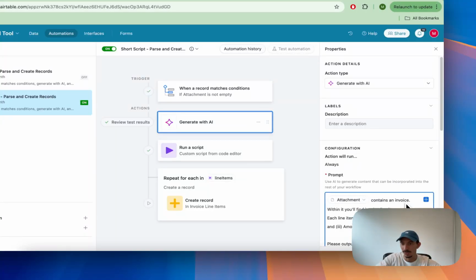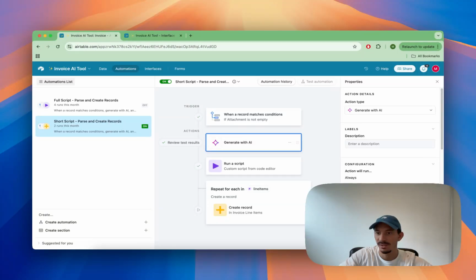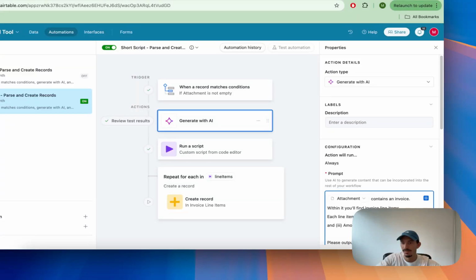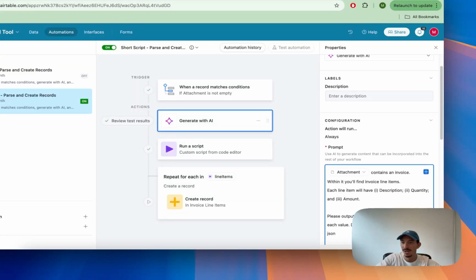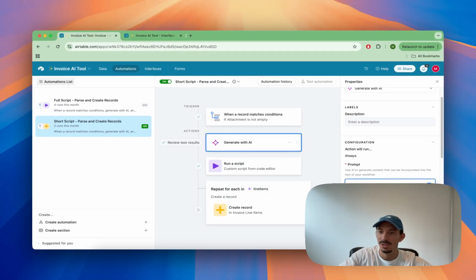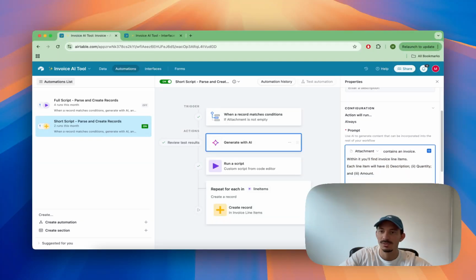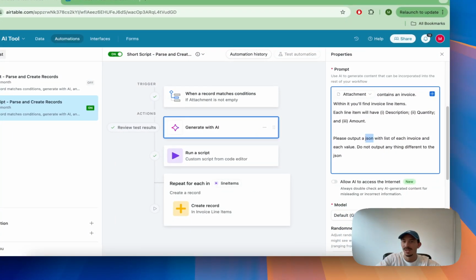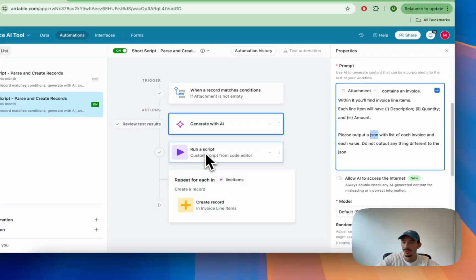Attachment contains an invoice. Within it, you'll find invoice line items. Each line item will have description, quantity, and amount. Please output a JSON, this is super important, with list of each invoice and each value. Do not output anything different to the JSON. So the JSON will provide a format that our script that I will be sharing with you